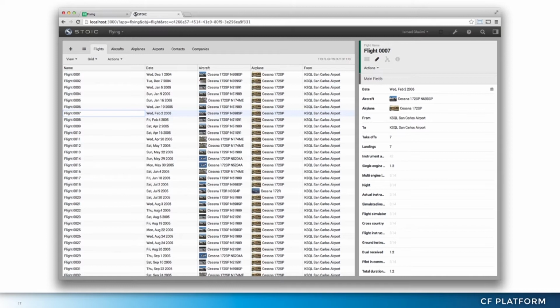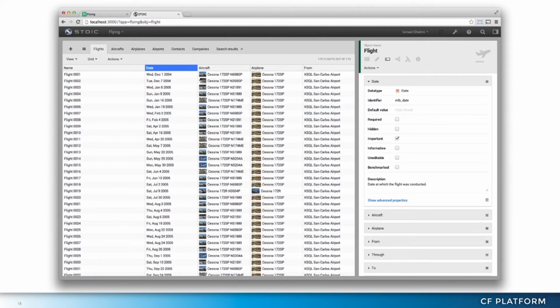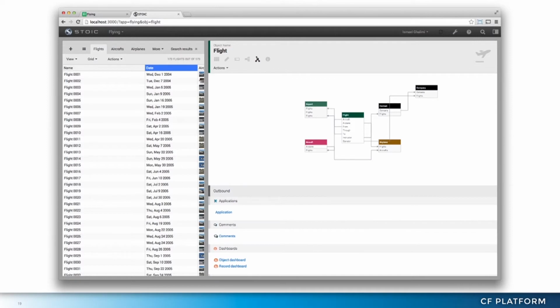Now that we have an object model, if you don't like what we've done, you just click on a column, and you can change the object model to your heart's content. So you could say, for example, this field is required. Essentially, you start building a real app from the tool. And if you want to see what the object model looks like, because it's not just one worksheet in the spreadsheet, it might be multiple of them that reference each other with complex formulas, we also extract an object model, show it to you there. We also keep the formulas.